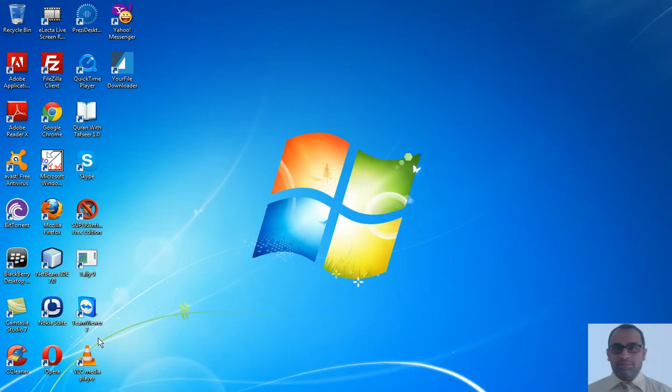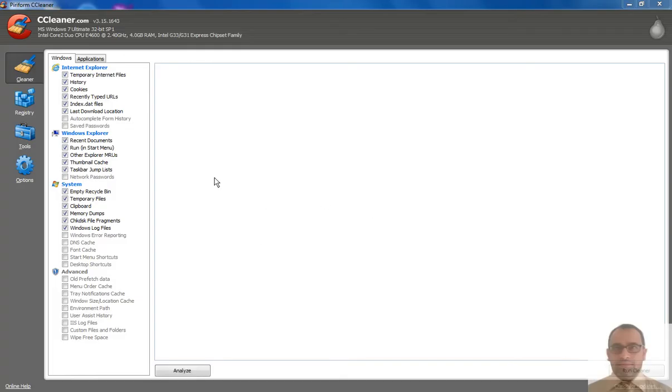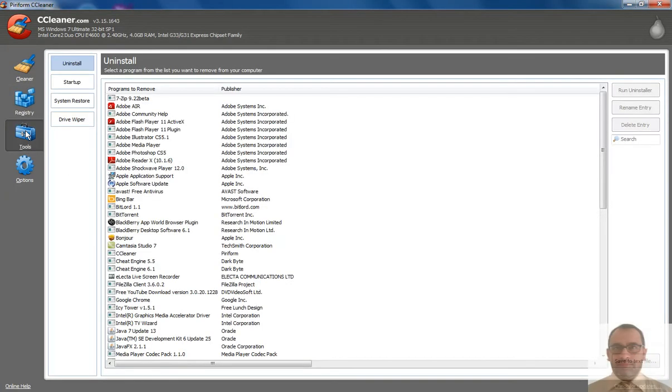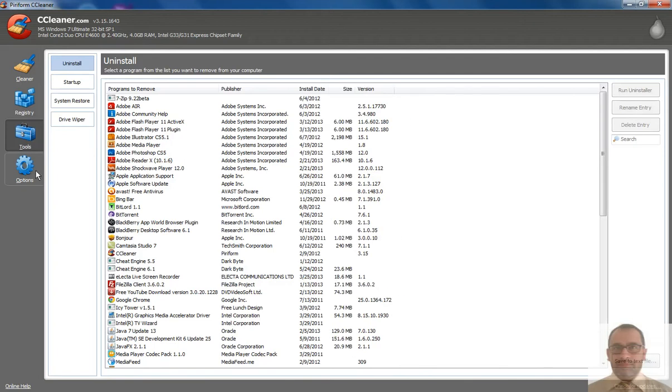What we do is, once installed, you click on CCleaner, and since it is going to run on your hard drive, this is just a security warning, you can just ignore it by pressing yes. CCleaner has all these options available: the cleaner option, the registry option, the tools option. Let us quickly browse through all the options.